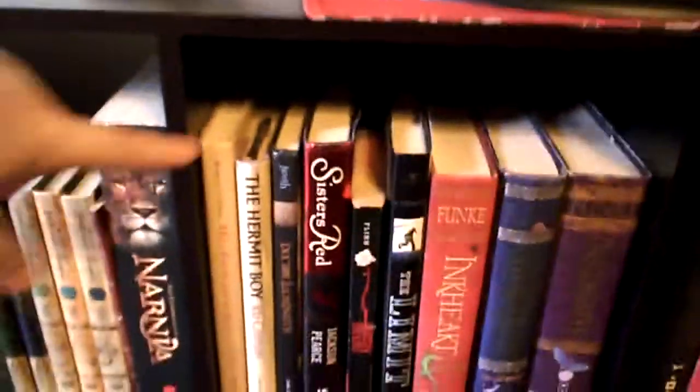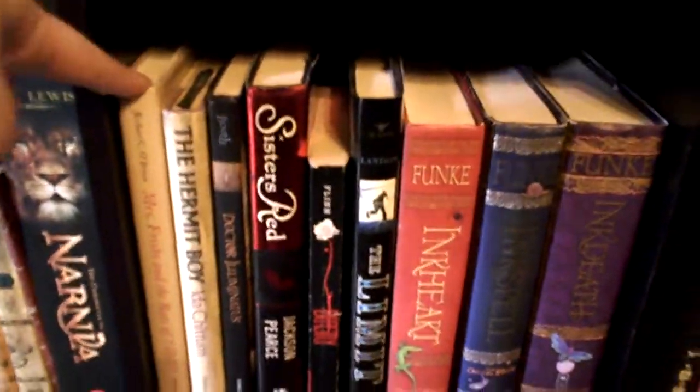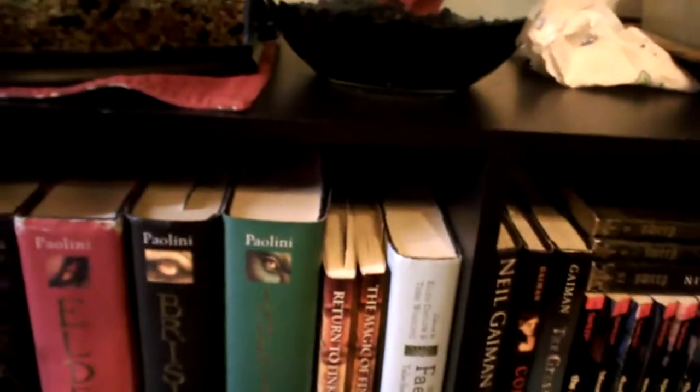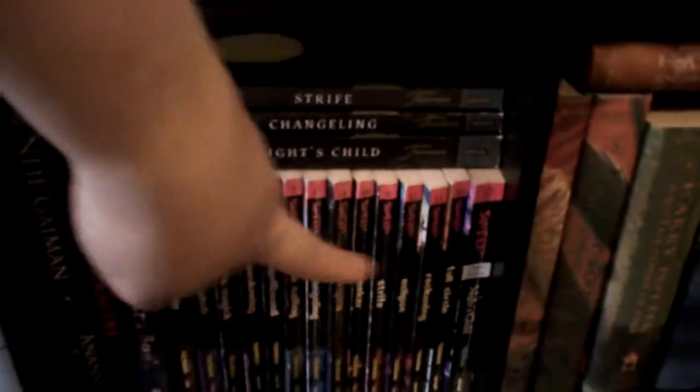Inkheart, the Miss Frisbee and the Rats of Nims, probably my favorite book of all time. Eragon and Fenkelton, some Neil Gaiman, the Sweep series, Harry Potter,